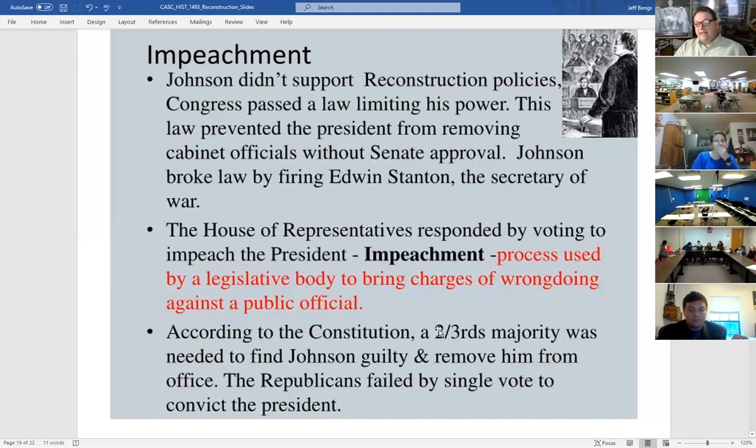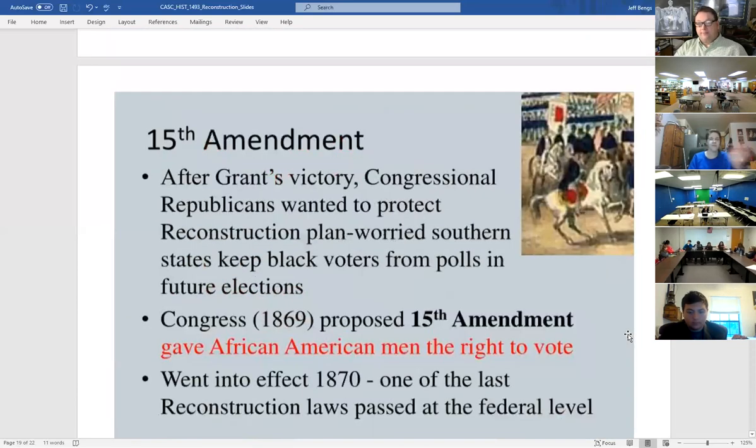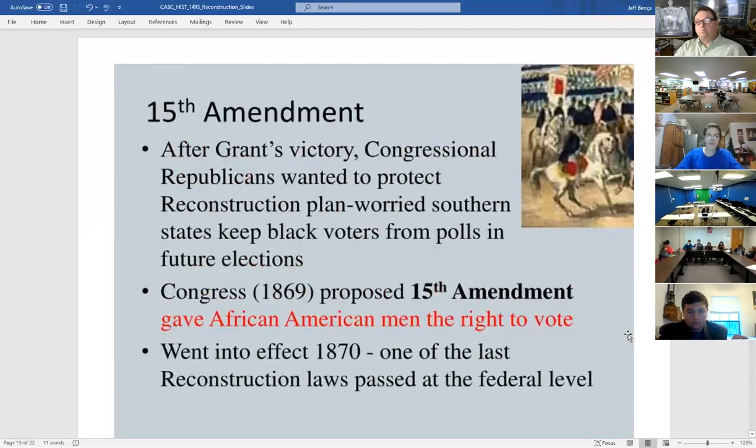but they did not get 2/3 of a vote to get rid of Johnson. They were one vote short. That's the closest we've ever been to impeachment. So he stayed in, but he was a good guy. He was a good boy. He promised to not fight Congress anymore. Congress then,